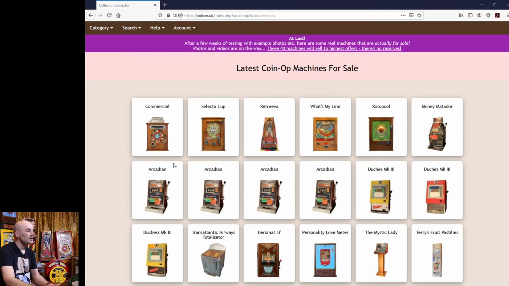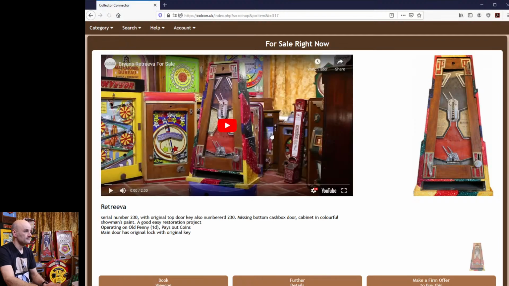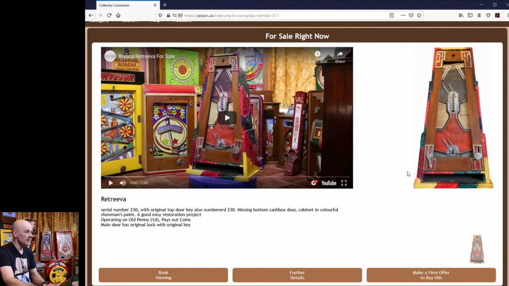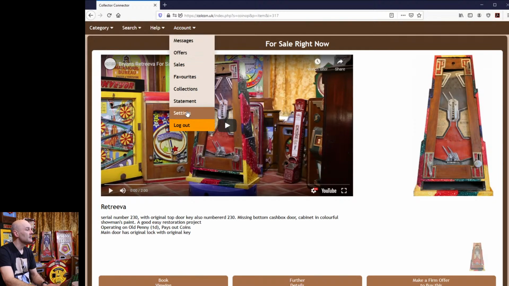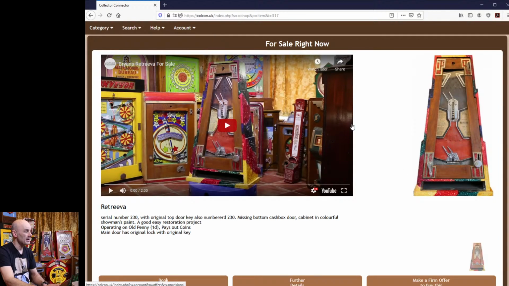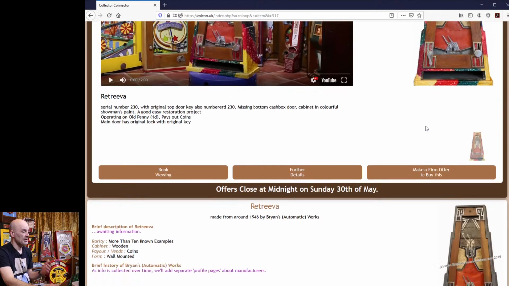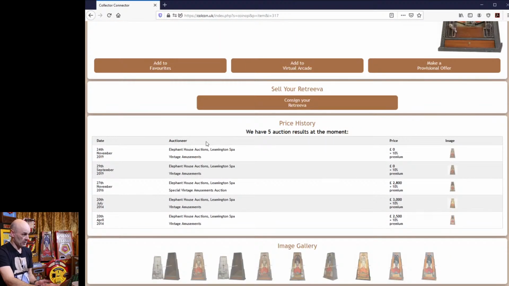If I go, for example, let's click up on the Retriever page, we'll say. So this account I'm signed into here is a demo upgraded account, as it were. So once you're able to do that, what you'll see on any page of any machine, as you scroll down, has price history in there